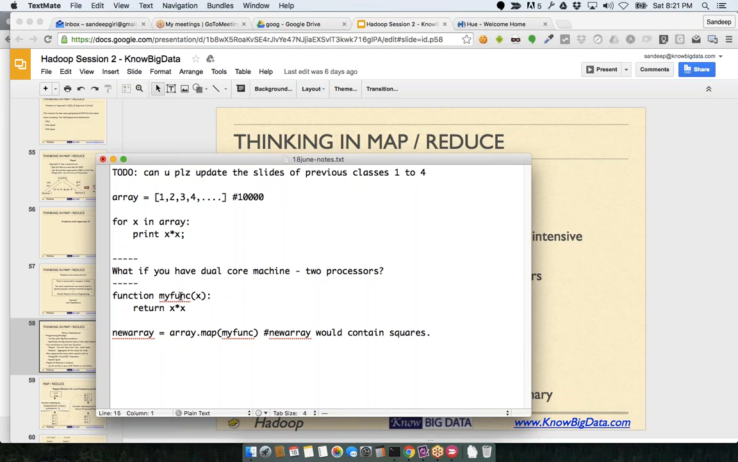squares. Now there is a shift of paradigm here. If tomorrow some programming language comes with a map function which internally handles the load, which internally divides the work into many processors, your function does not need to be changed. Do you notice that? All you have to do is change the implementation of the map function. Correct? Your function, myfunc, this logic will remain as such,